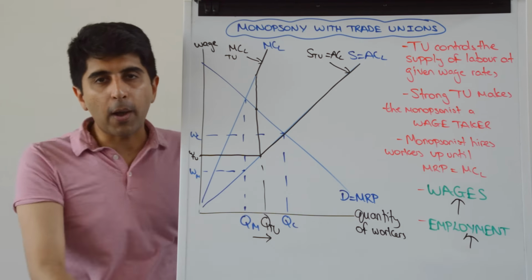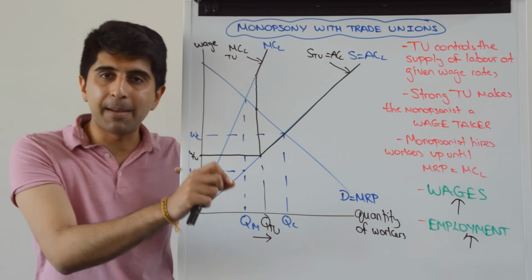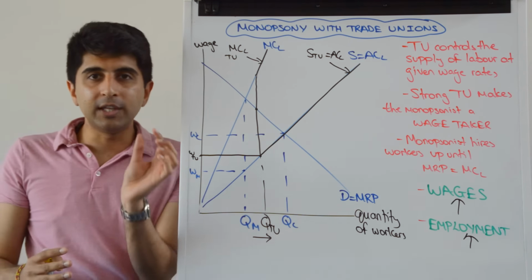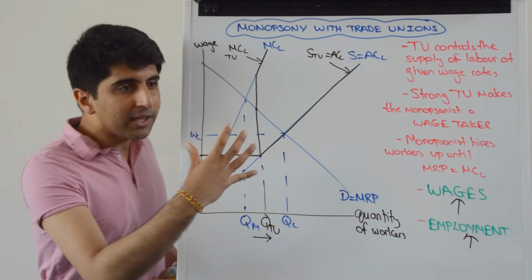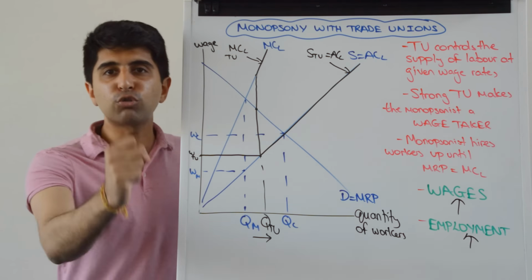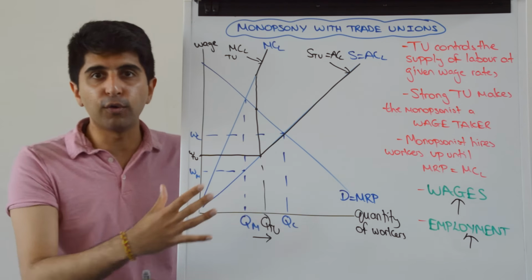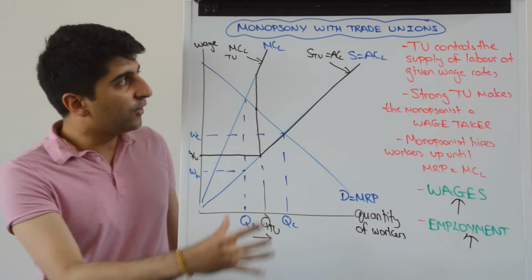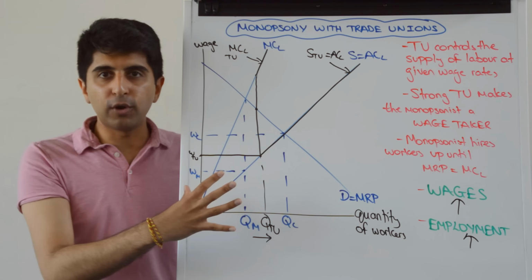Remember from my previous video, how do we measure monopsony power? Well, we look at what wages are and we compare that to MRP. If there is a huge difference between the wage on offer by the monopsonist and MRP, that means the monopsonist has got significant control. So the bigger the difference, if a trade union gets involved, the bigger the benefit the trade union will bring in this market. The greater the efficiency gains if the trade union gets involved in bargaining for higher wages and also increasing the quantity of workers. So that explains what a trade union can do when a monopsony is controlling a labour market.